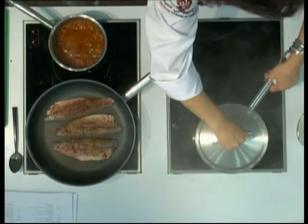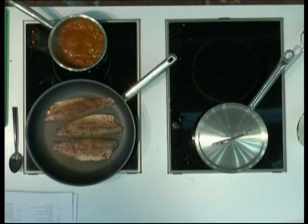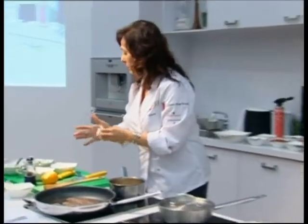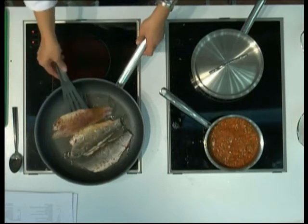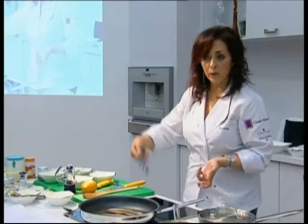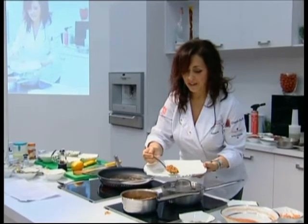My rice is completely done now, and I'm going to turn it off and leave it covered because it will continue to cook through the steam. It's going to help it cook as well. The skin is getting nice and crisp, and I just flip it. It's only going to take about 3 minutes on one side and probably another 3 minutes on the other side to cook this fully. So I'm going to take the salsa,